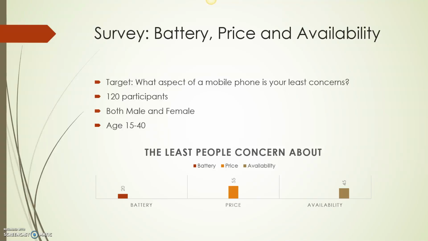When I asked them what they were least concerned about, whether it was the battery, the cost or the availability, 20 people said they went for the battery life, 55 went for the cost of the device, which shows that people would pay more to get a much better specification, and 45 people went with